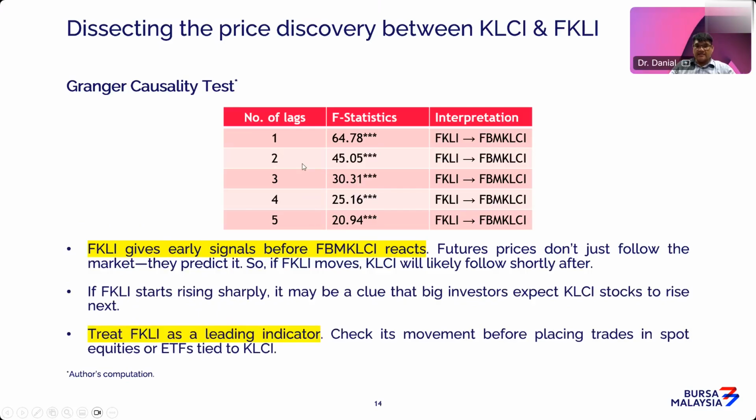Granger causality test. Let me explain to you, I have 20 minutes left. In the Granger causality test, we are trying to see the influence of KLCI historical returns on KLCI futures. So here, lags 1, 2, 3, 4, 5 mean that we are trying to see what will be the return of KLCI futures today with KLCI yesterday, and what will be the return of futures today with KLCI 2 days ago.